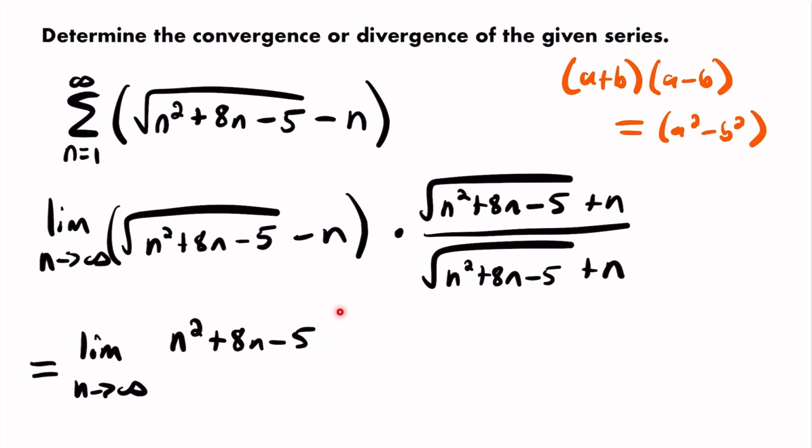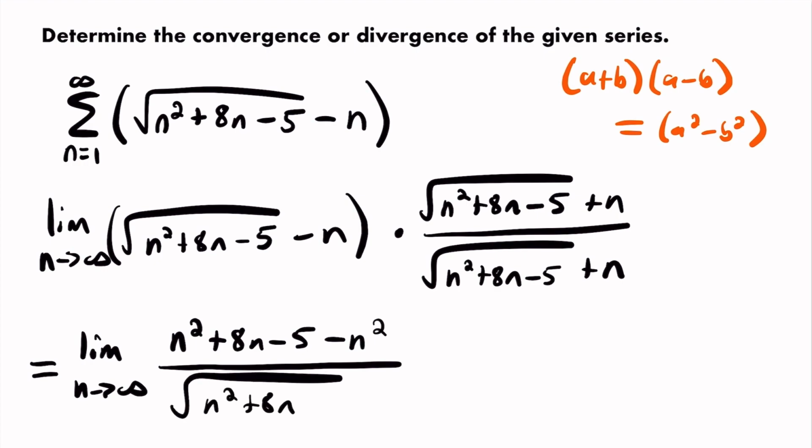And then we're going to subtract this n². So we'll have minus n². That is the result of multiplying this quantity by this quantity. And then in the denominator, we're going to have this expression. So we'll have the square root of n² plus 8n minus 5 plus n. But now notice, in the numerator, we have a positive n² and a negative n², and so we can cancel those out. Those are just going to become 0, and so this is